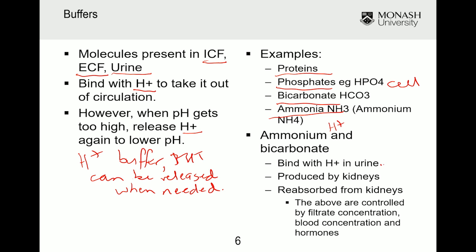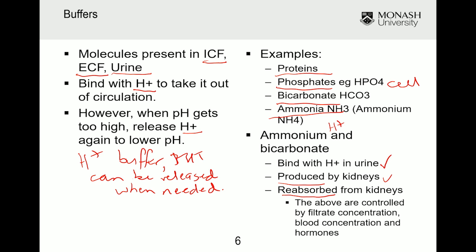So one thing they do is take the hydrogens out of the urine so that more can be secreted in. They're also produced by the kidneys, so the kidney cells produce ammonium and bicarbonate, which goes back into the blood. And then they also reabsorb the ammonium and bicarbonate that has been filtered, and so it goes back into the blood